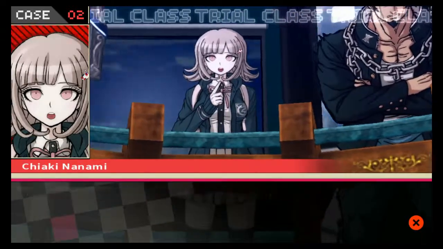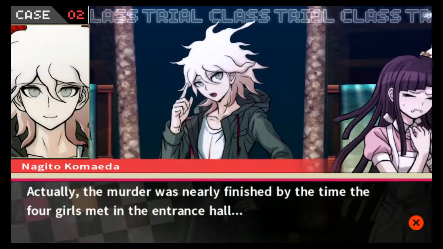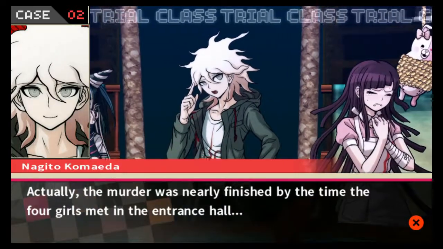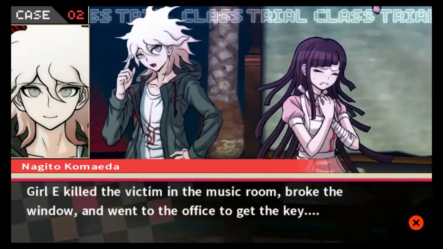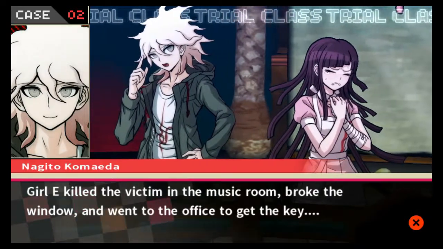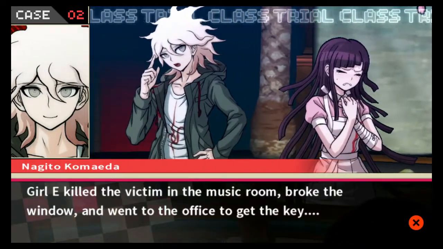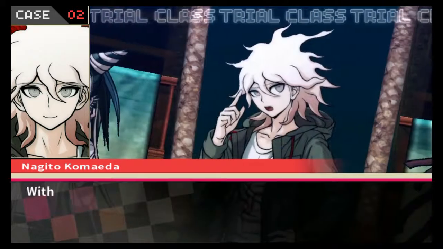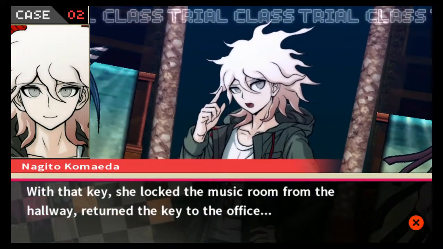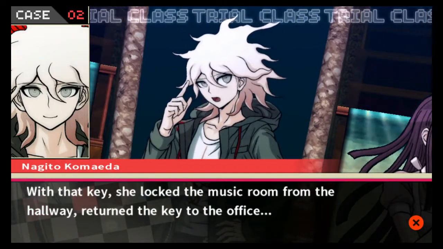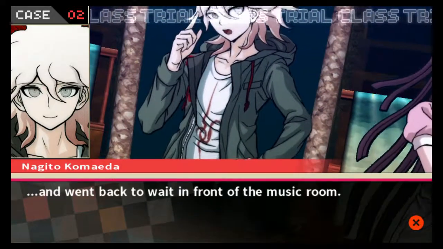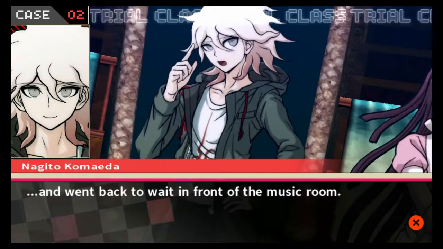Probably. Actually, the murder was nearly finished by the time the 4 girls met in the entrance hall. Girl E killed the victim in the music room, broke the window, and went to the office to get the key. With that key, she locked the music room from the hallway, returned the key to the office, and went back to wait in front of the music room.